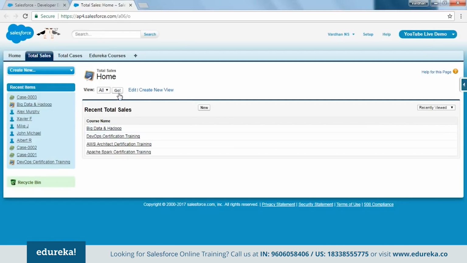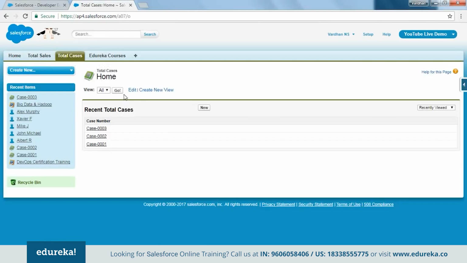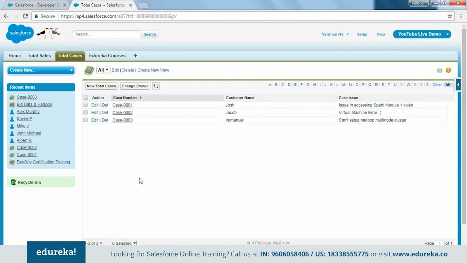So inside the total sales object, we have a list of a couple of courses which have been sold. So this is a sample data set. And these are the courses which we have sold, right? There are 4 courses: Spark, AWS, Hadoop, and DevOps. And the customer who bought it, their names are here, the email address is here, and their phone number is right here. And similarly, if you go to the total cases, in here, we have a couple of cases that have been registered for different courses. So these are the different courses, and these are the different issues that have been raised